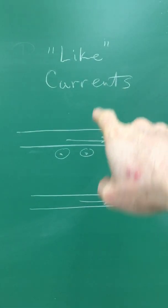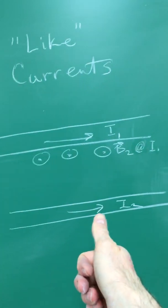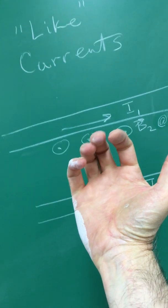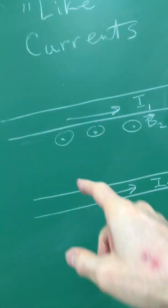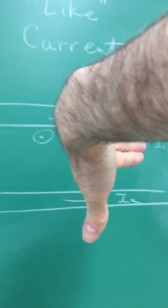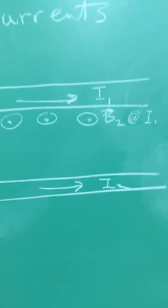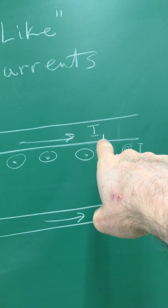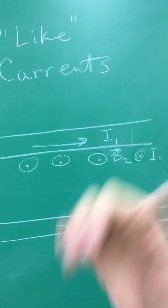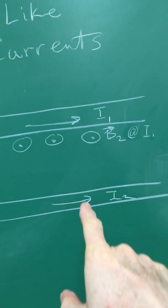So if we have two currents like this, they're both traveling towards the right. Current I2 is going to produce a magnetic field. Here's the right-hand rule that tells us it's pointing out of the board. And if we have a B field pointing that way, I L cross B, the force will be downward. I can do the same analysis for the magnetic field produced by I1 at I2. It's going to point into the board, and when I do that, I find that the force will be attractive